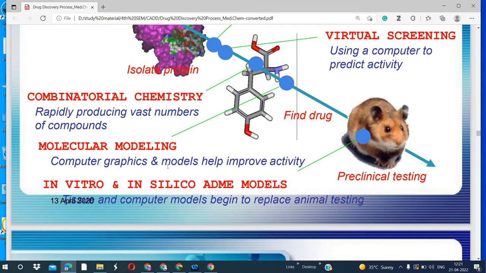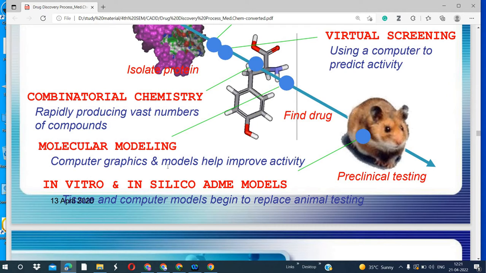So in the PDB we have the 80% data that is obtained from the X-ray and 60% data that is obtained from the NMR, and there are other methods also. All that information is saved in the structure file, then it is submitted to the PDB. So from there you can isolate and retrieve the compound.